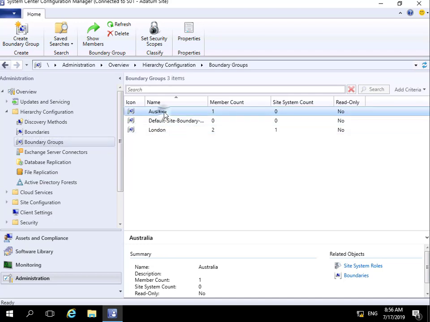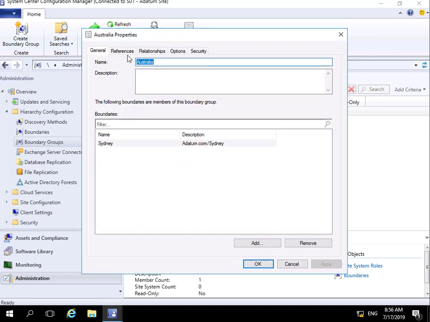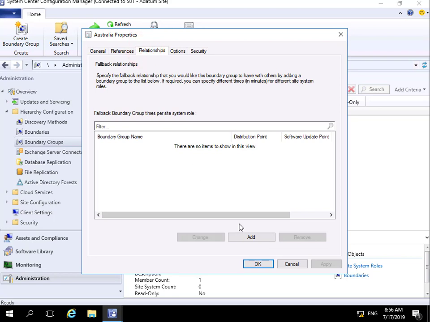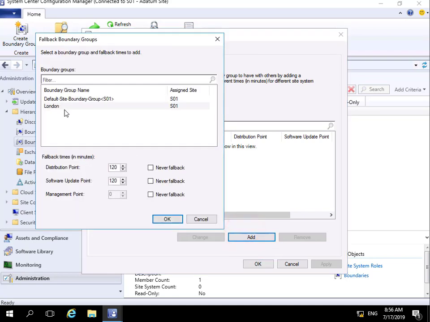So we'll come back into Australia, we'll go to the properties, and then what we'll do is we'll just come to our relationships tab. In our relationships tab, we'll specify add. Now what we'll do at this point here is we'll add in London. So the fallback time in minutes, so distribution point, we'll wait 120 minutes. Software update point, 120 minutes, and in the case of the management point, basically 0 minutes, and then we'll select